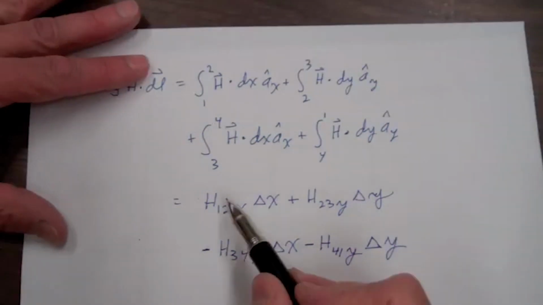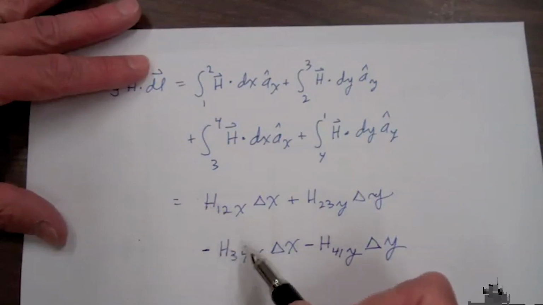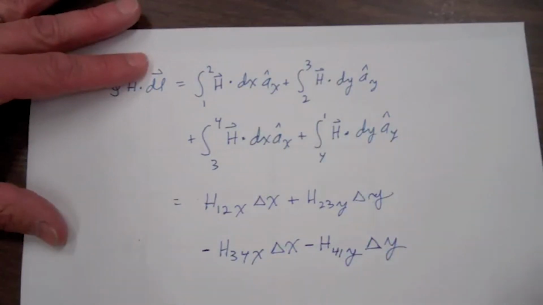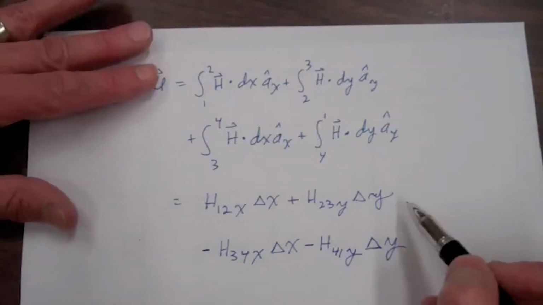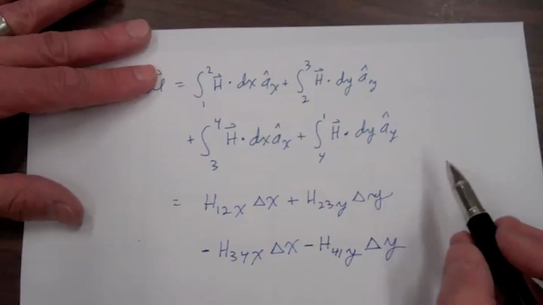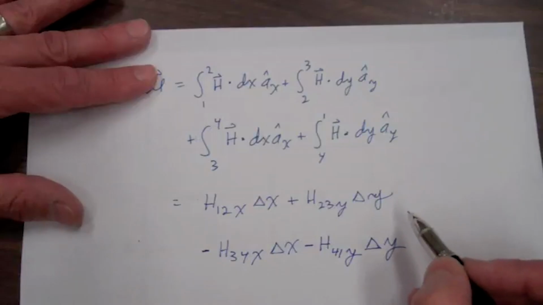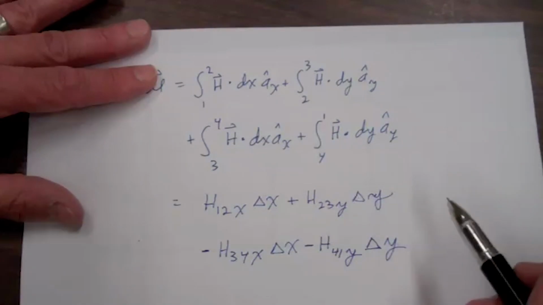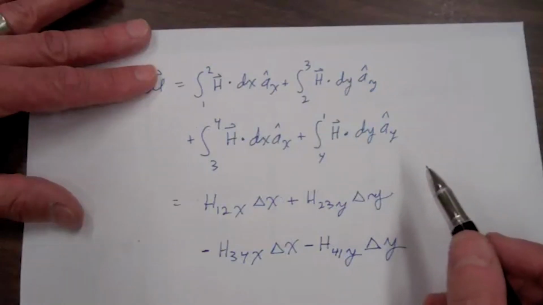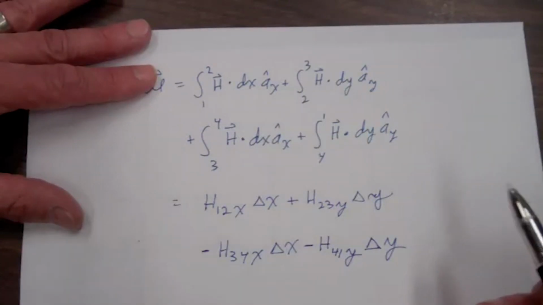So now we have to estimate our magnetic field intensities on these 4 line segments. I won't go into the detail of how to do that, but if you look back at the video Divergence and Gauss's Law Part 2, you can see the details of this method we're going to use now.